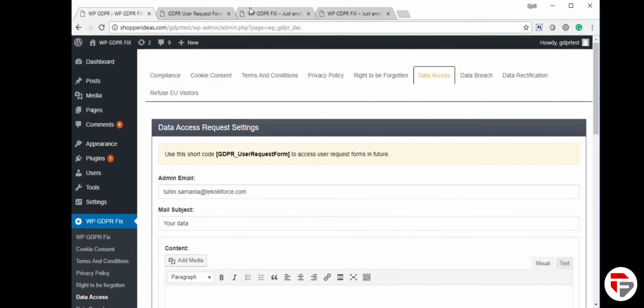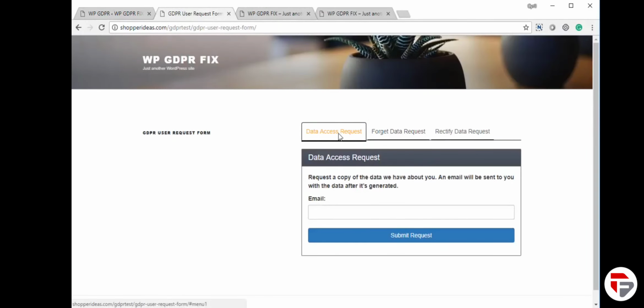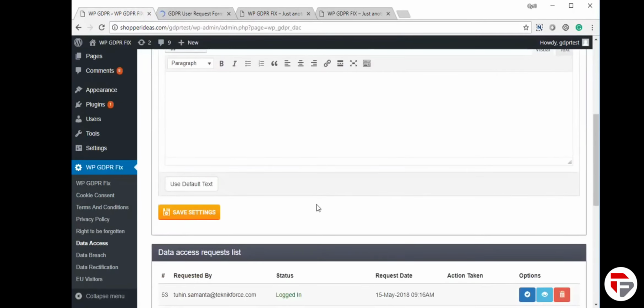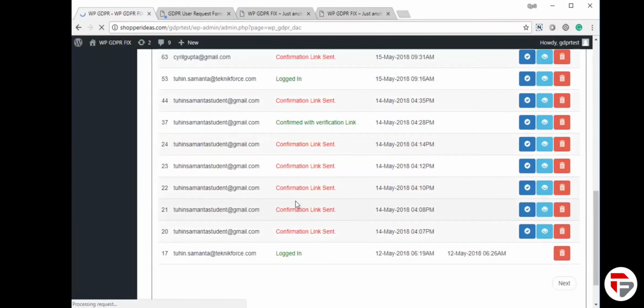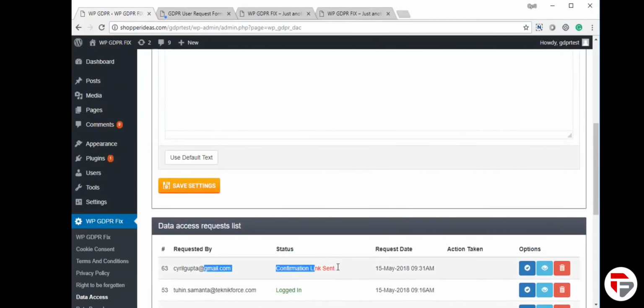do that using the data access form, which is again a part of this form that you have, the user request form. So there is the data access request, they'll need to just put in the email and submit a request, and the request will show up to you in the admin area. So if you refresh, you can see that I just filed the request by my own ID, and a confirmation link was sent. So if I